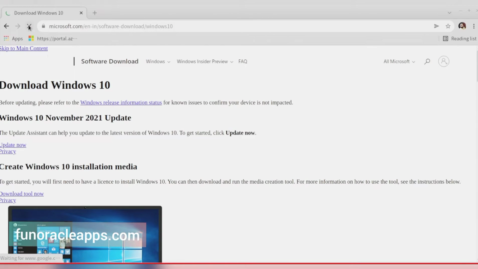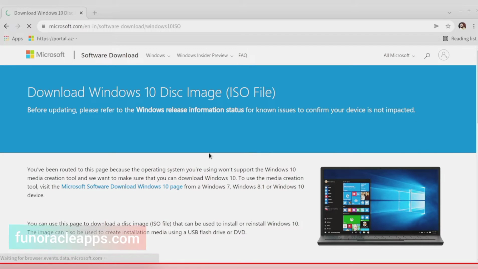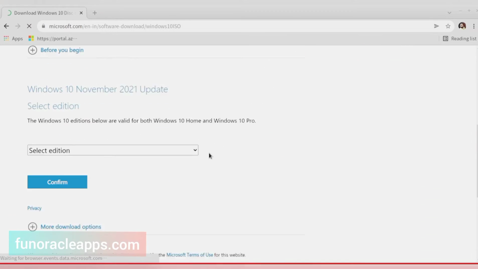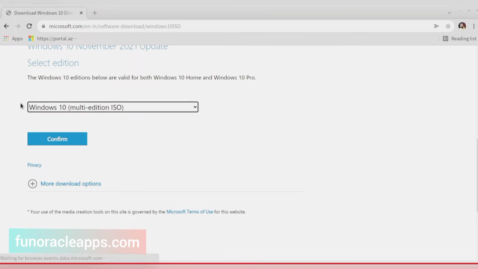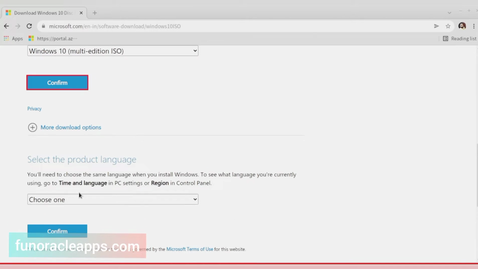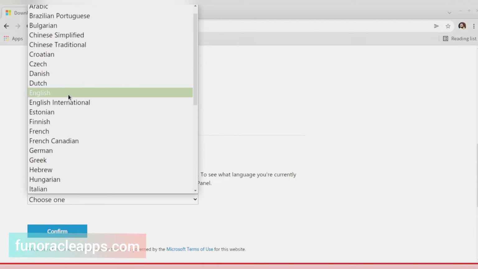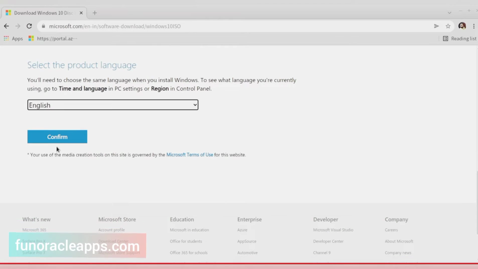Hold on, let me refresh now. So now it has opened the page, so you have to select your edition. So I will say Windows 10 multi edition ISO, and you have to confirm. Once you confirm it, it will ask what language you want. So I'll select English and confirm.